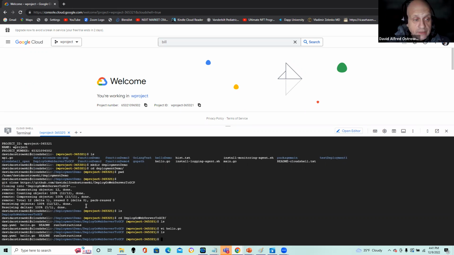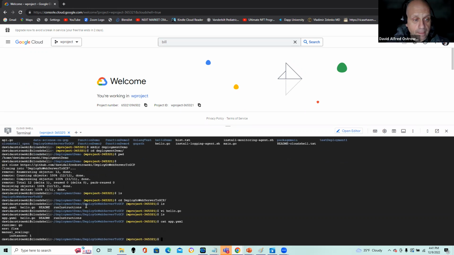The other file of interest is a YAML file, and let's take a quick look at that. I can just cat that file with just a few lines of code. Here, the YAML file is a text configuration file, just saying I'm going to use the runtime Go, and I'm setting a few environmental variables,